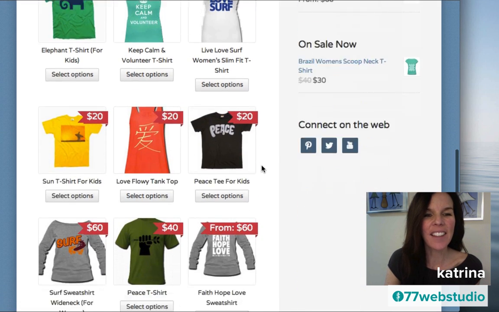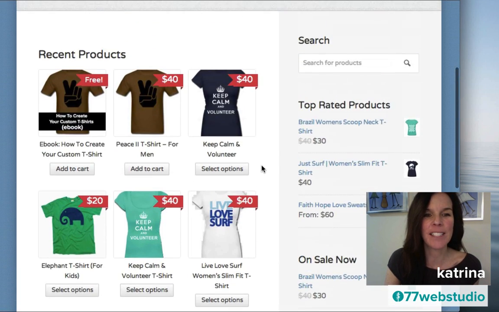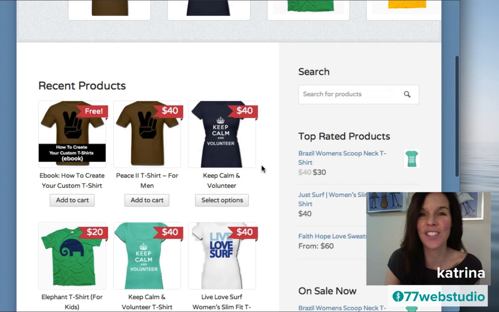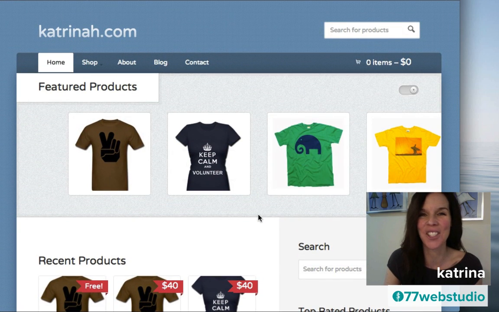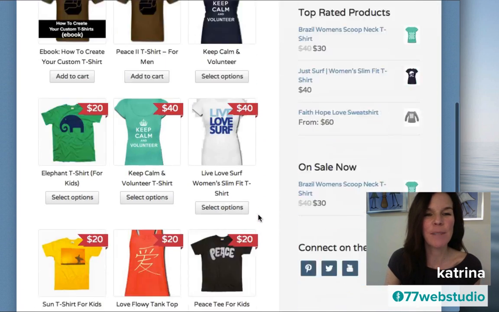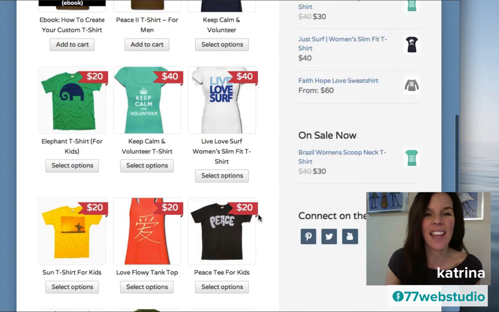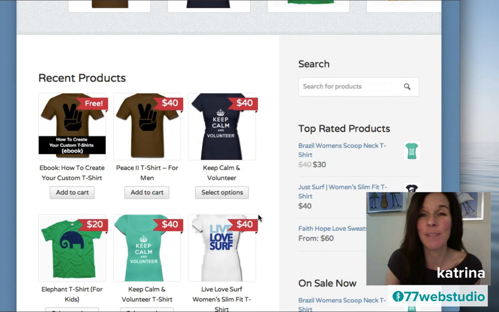So one thing I love about this particular theme is that there are very few distractions. Your attention is really directly on the product and on the call to action, which when you have an e-commerce site is exactly what you want. You want to have everyone pretty much just focused on your products because you want to sell them. So this theme is really, really minimalist, and I love the way it is set up. So thank you, Woo Themes, for providing us with this wonderful free e-commerce theme.